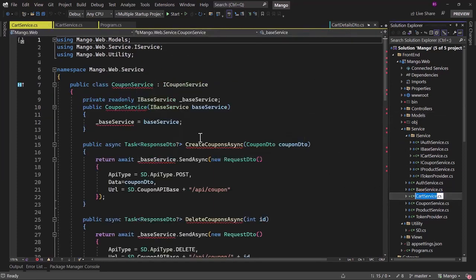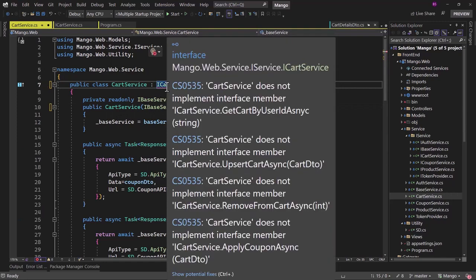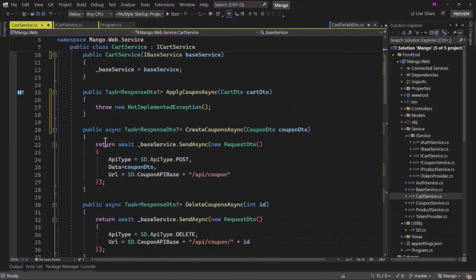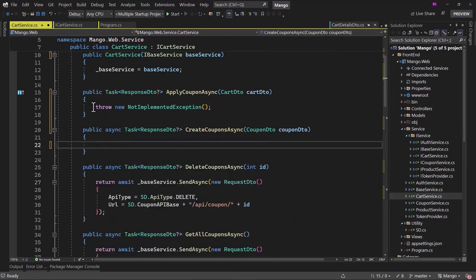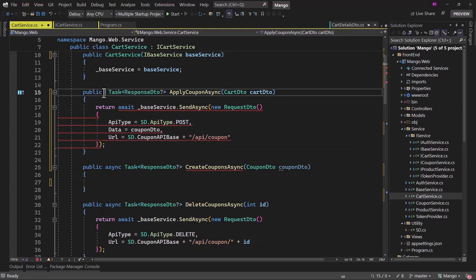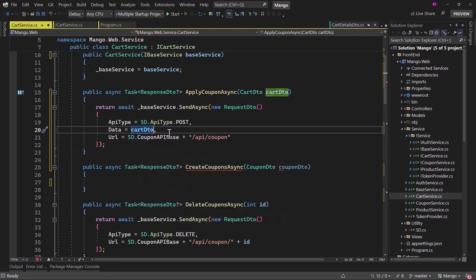Let me copy the name here, modify the class name. Perfect, that looks good. Let me implement that interface. We have the apply coupon. Let me cut this here, paste that. That will be a post, that is fine. Make that async. Data, we will pass the cart DTO. And then we need the URL, that is